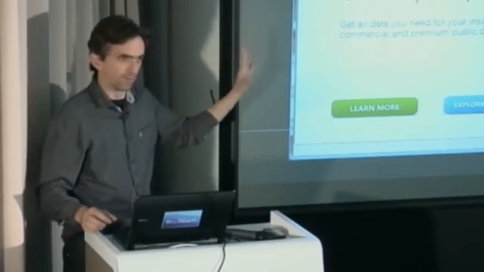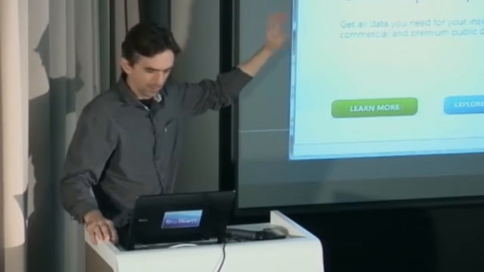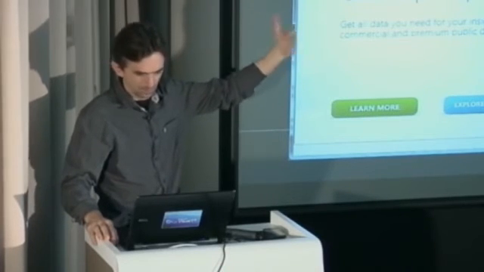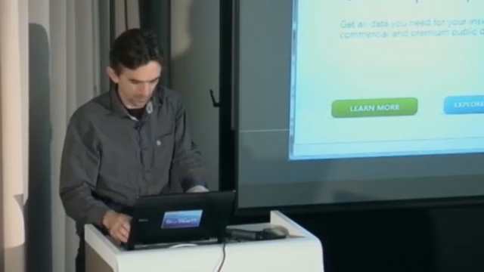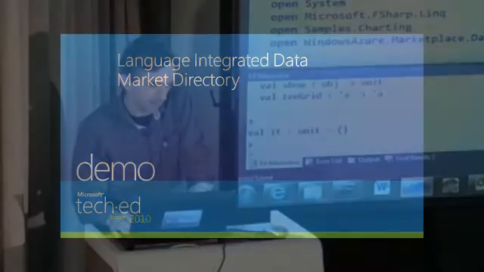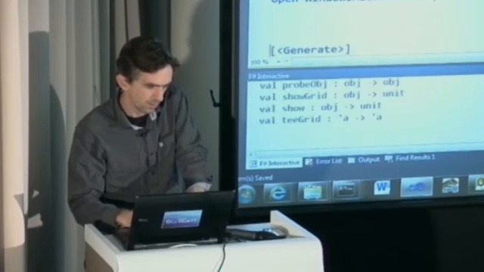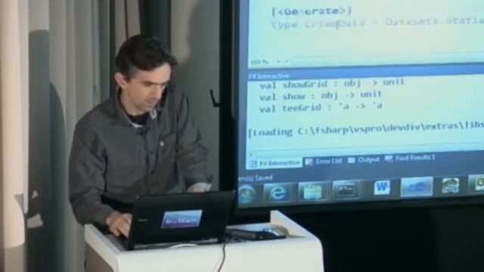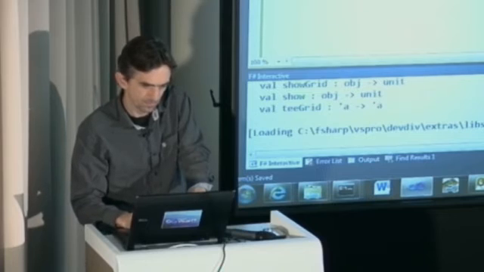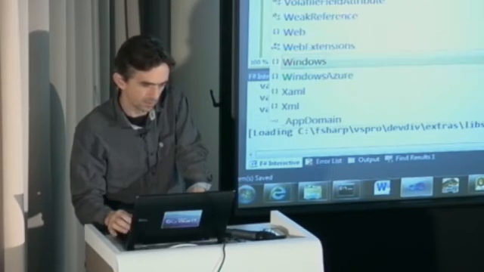There's some kind of payment arrangement, and so that's all about professionalization. There's a way to pay for your data. It's just the usual marketplace kind of thing. So in this sample, we take a small type provider for the data market. And once you have the type provider,